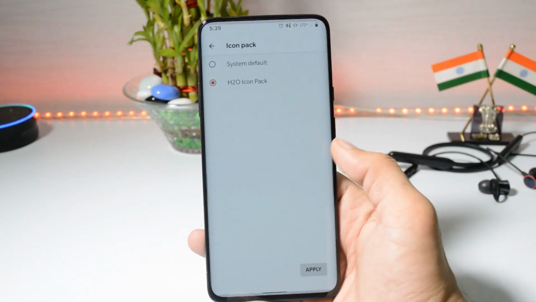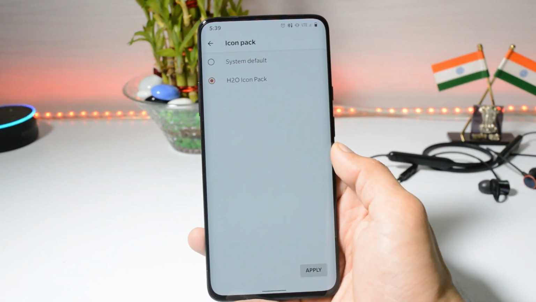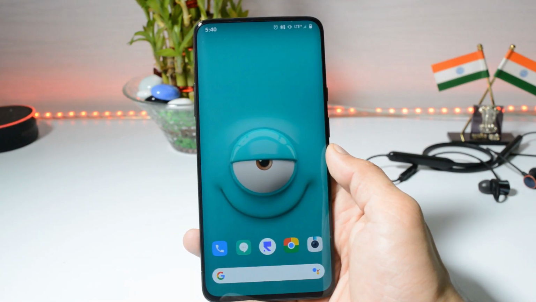You can also change the icon pack. And we have an icon pack of Hydrogen OS, which is from OnePlus 8 Pro. Link of that will be given in the description below. You can download that icon pack and install it on your OnePlus devices. There are few options to change the style of the launcher.